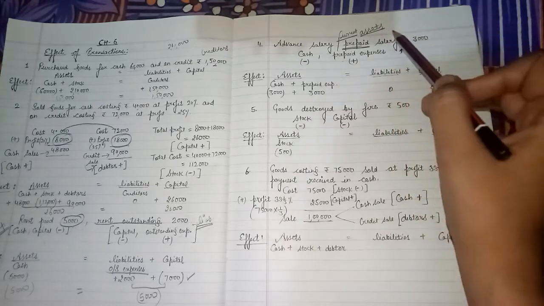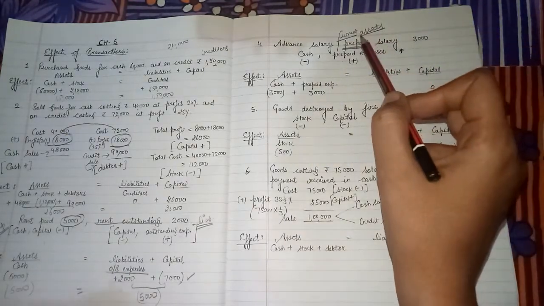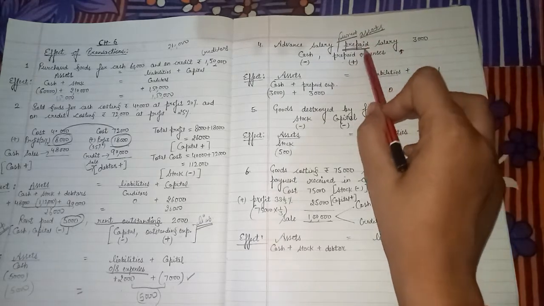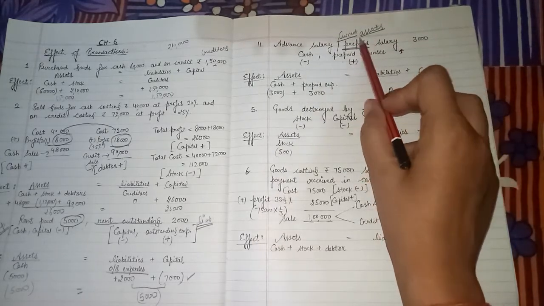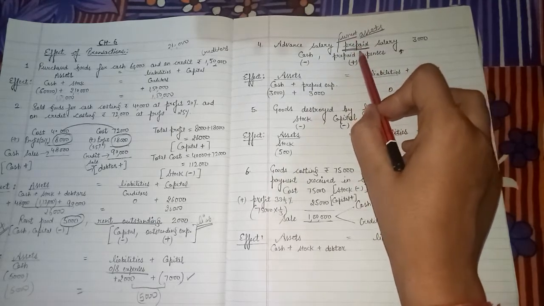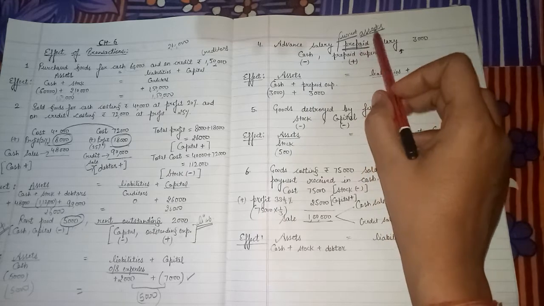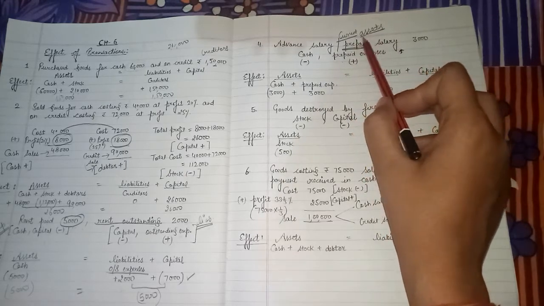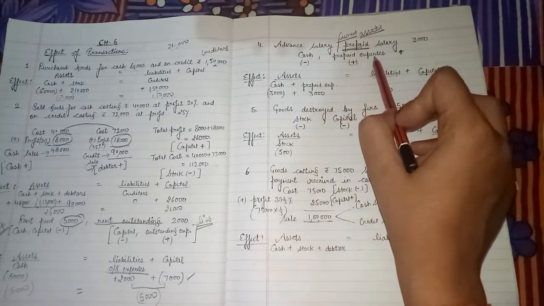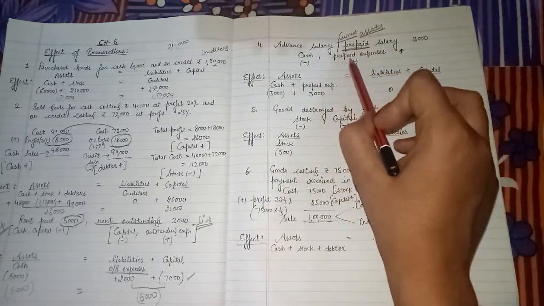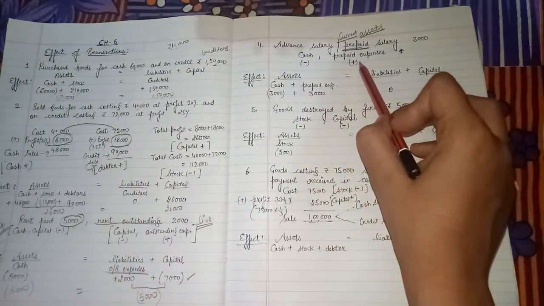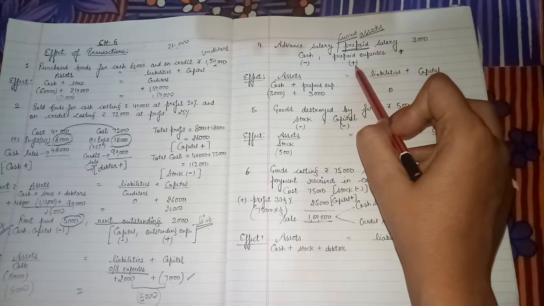Clear? As we know, we have to open account for assets and liability, not for expenses and incomes. But this expense is a prepaid expense, and prepaid expenses are our current assets, because we have paid in advance and its benefit we will get in future. So till now they are our current assets. So their effect on cash, both are our assets, cash and prepaid expenses. Two accounts will be affected, cash and prepaid expenses. Cash will be reduced by 3,000 and prepaid expenses, it's our asset, will be added by 3,000.